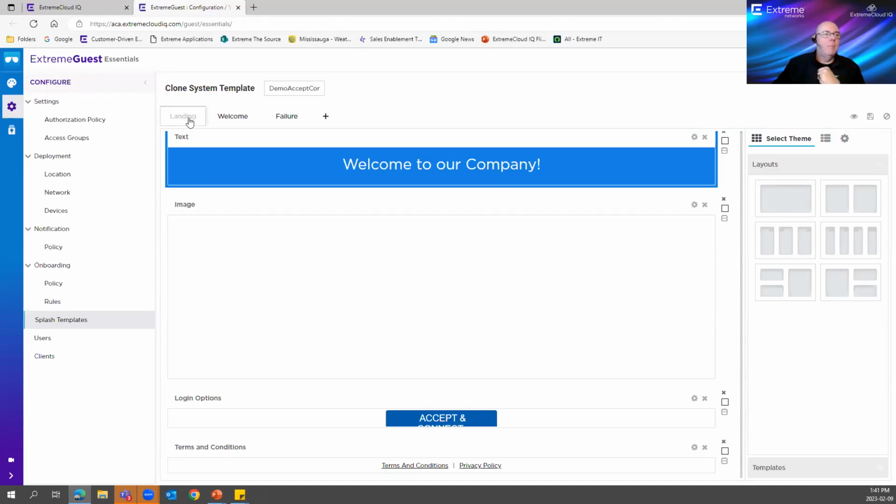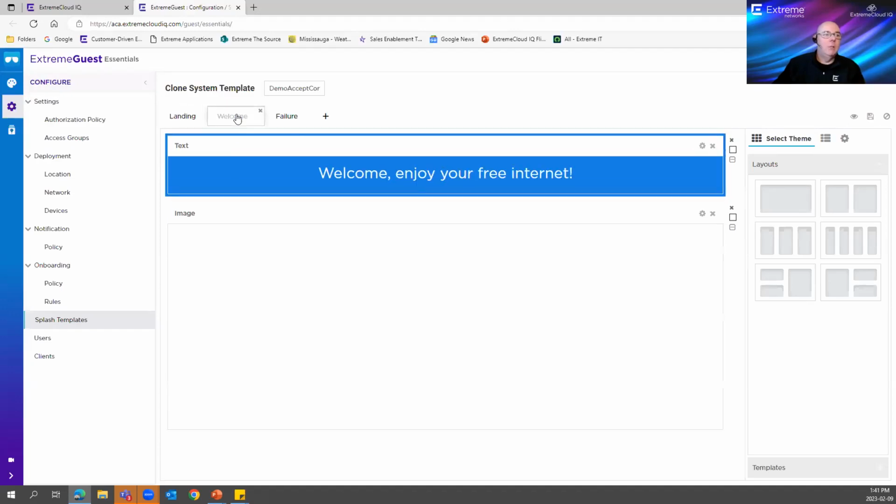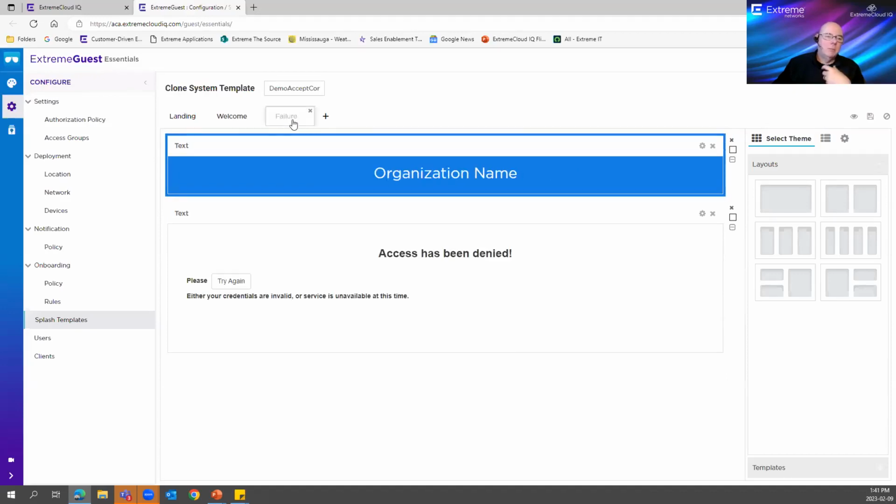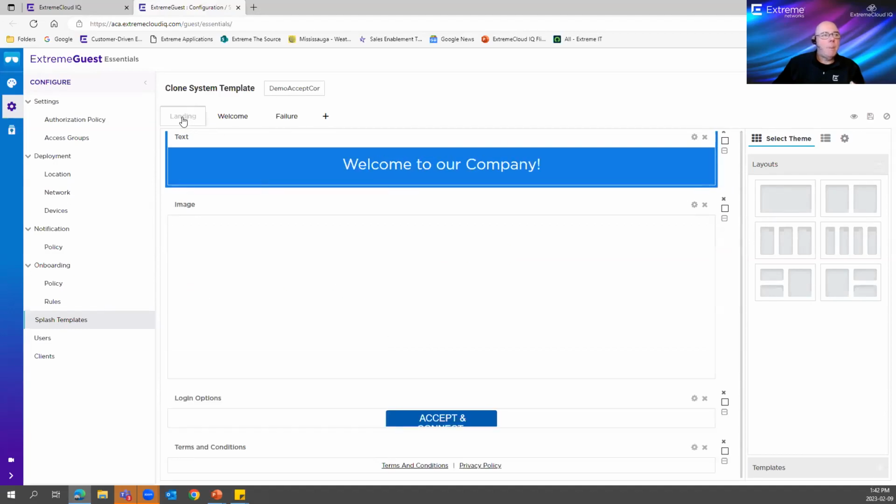Okay, and some of these make more sense. Once I've accepted the terms and conditions, I then go to welcome. Now, typically with an accept and connect, you won't fail, it is very difficult to fail. All you have to do is either leave or accept the terms and conditions. But if it was, say, sponsored guest access or another form, you would get a fail notice. So there are actually 3 web portals that you could potentially build in here. The landing page is probably the one that you'll want to